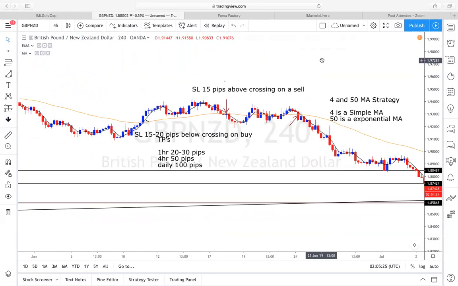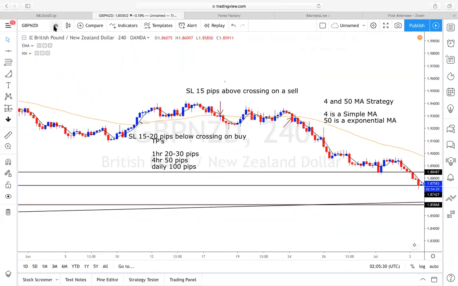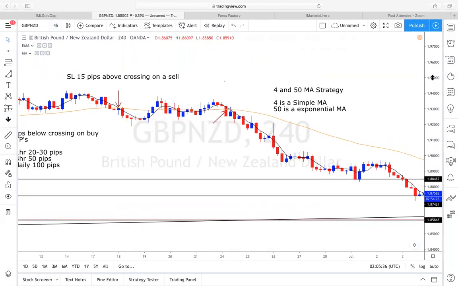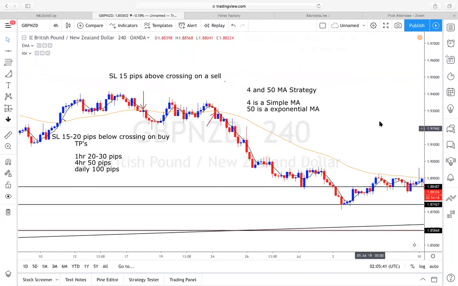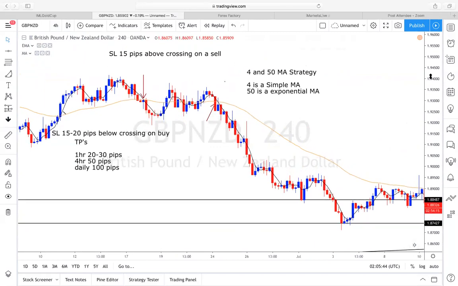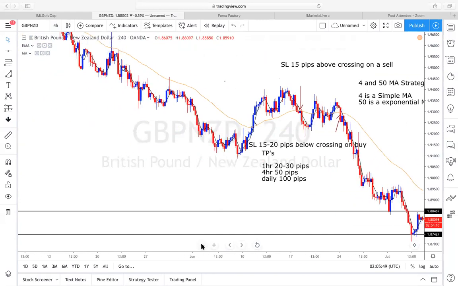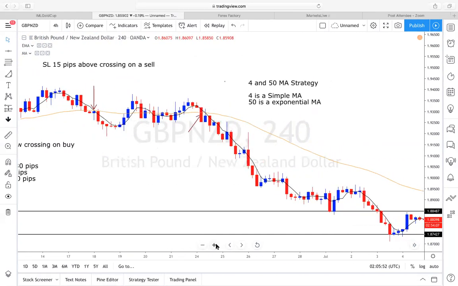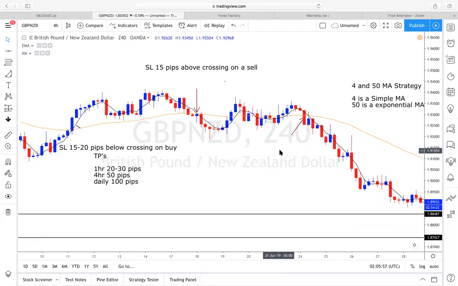So we're going to go to this other strategy that I use. All right, so this is what I call the 450 moving average strategy. Now, listen, the teacups might have been a little bit